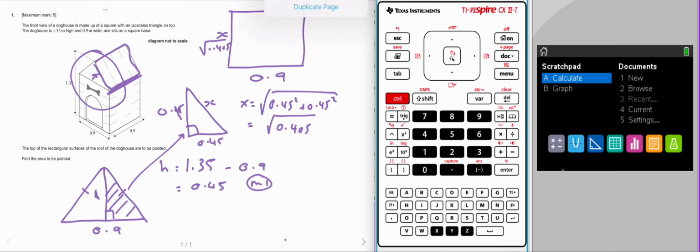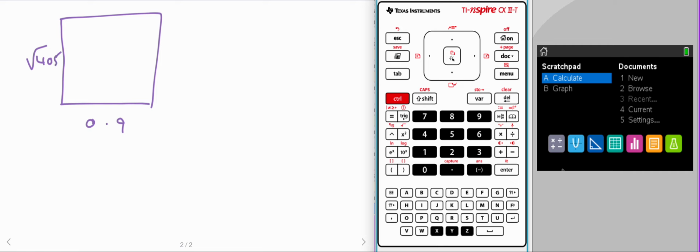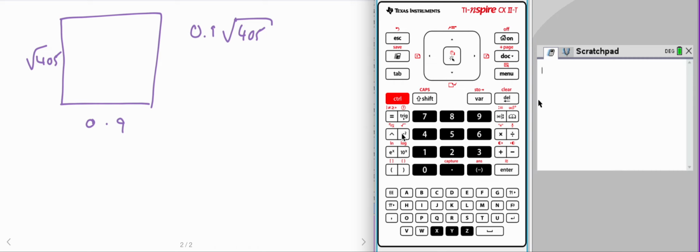I'm just going to add a blank page. So back to our rectangle, we have 0.9 and the square root of 0.405. We're going to multiply those together, so we have 0.9 times the square root of 0.405. Let's do that on the calculator. We're going to enter the square root of 0.405, and we're going to times that by 0.9, which gives us a total area of